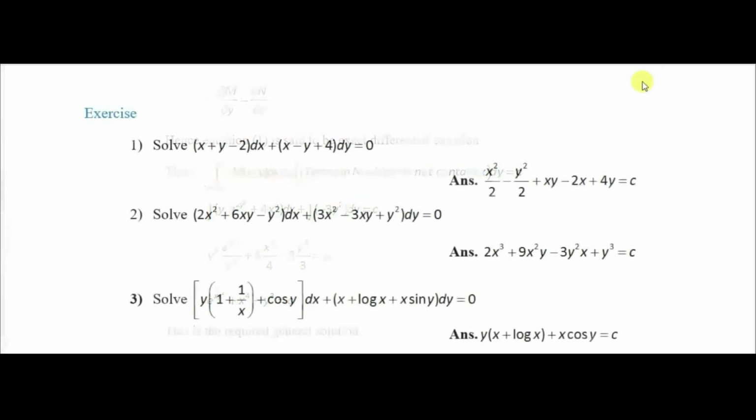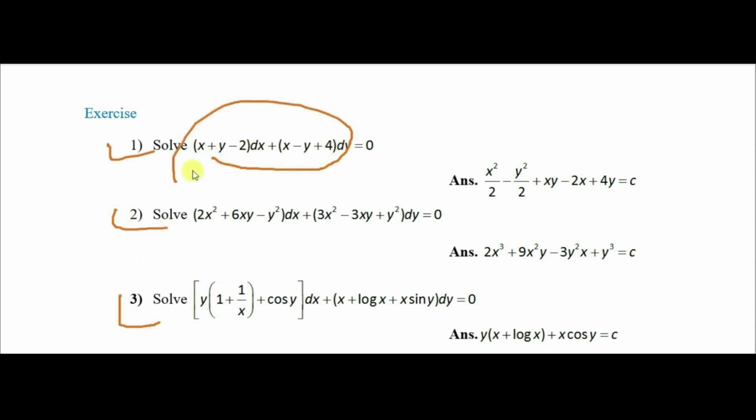So these are some problems for your exercise. All the problems are for exact differential equations. If you observe the first problem, it is again a non-homogeneous equation, and you can solve this problem by using the non-homogeneous procedure. So the problems for exactness can be solved either by the homogeneous or non-homogeneous method. One problem can be solved by two methods, but exact is the easiest method to solve that type of problem. The problem is given and the answers are given by this value.